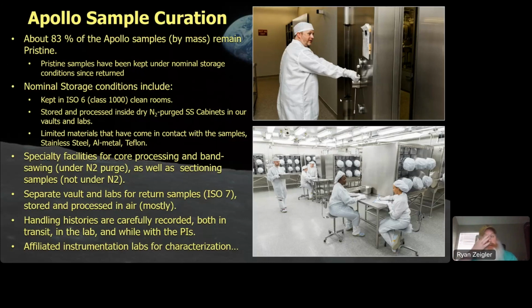So what are the nominal conditions? Well, first of all, they're kept in clean rooms. So we have a suite of ISO 6 clean rooms. It's class 1000. Here you can see me with the vault for scale, or maybe it's the other way around. I'm not sure. And a picture on the bottom of Andrea and the other processors in our pristine vault. These stainless steel cabinets are nitrogen purged. There's 316L stainless steel in the cabinets, and the samples are stored and inventoried in our vaults in these containers. So when you ask for a sample, we find out where it is in our database.